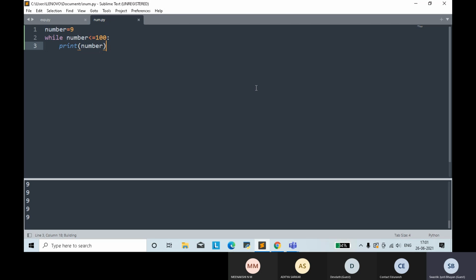Sir, very soon your computer will crash if you do this, okay? It's not printing 1 to 100. It is printing the number, sir. It should be 0 or 1. Yeah, still, that's not the problem. See, you are only printing the number, but you have to increase the number also, right?